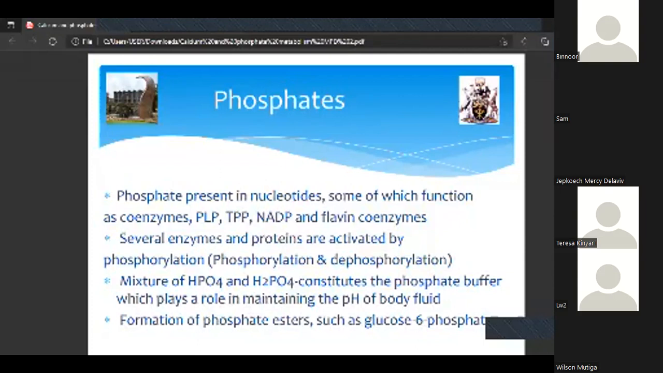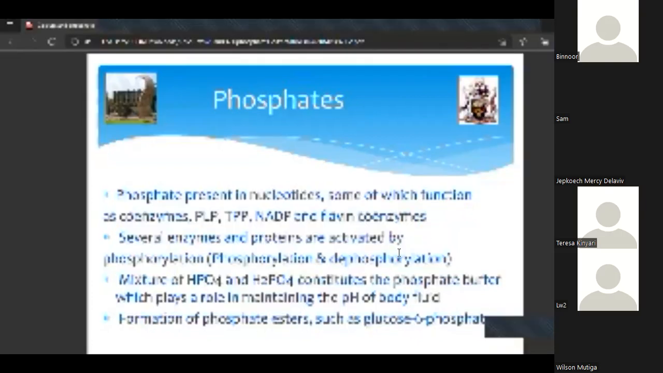NADP and flavin coenzymes. Several of these enzymes and phosphates are activated by phosphorylation. There's usually a lot of phosphorylation taking place during metabolism. When you have a mixture of phosphate, monophosphate and diphosphate, you'll end up having a buffer which plays a key role in